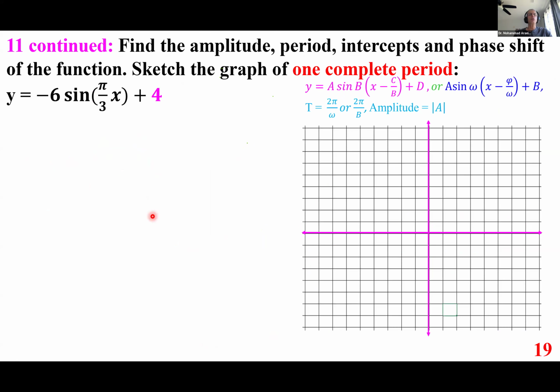Now let's actually do the work. So here's the process. We are going to find all the important aspects of this function as it was asked. So the amplitude is the absolute value of -6, and I have the synopsis of it here. So the absolute value of this number